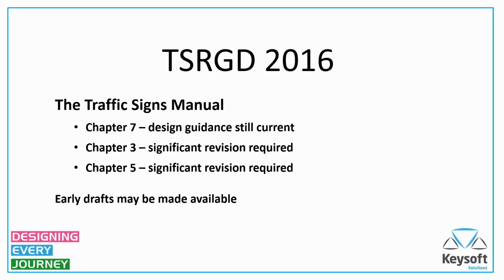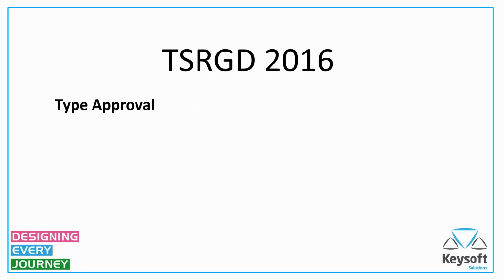TSRGD itself underwent significant consultation. They did a roadshow and they had over 1,000 people attend that. So they are one of the government departments that make very good efforts to ensure that industry is made aware of changes that have an impact, and also to get good feedback from them to make sure the documents are as good as possible. Turn to another matter now, the type approval regulations.